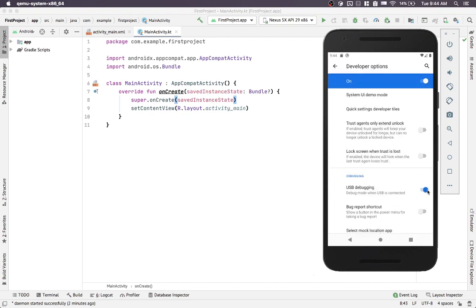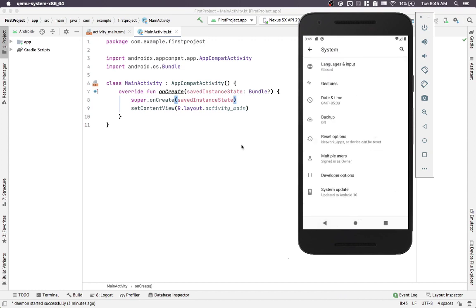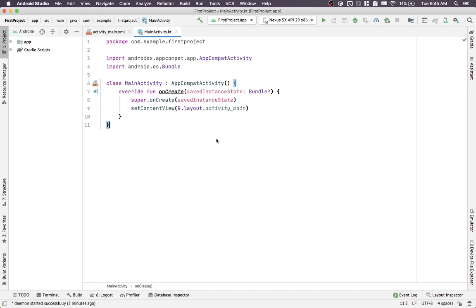Okay, so this is needed for an actual device where you connect it via USB. With emulators, you can already start running apps on them because it's running within your computer, but turning on USB debugging is necessary for an actual device for you to be able to run apps on that. Okay, so now that you have a device either connected or you have an emulator running, you can click on